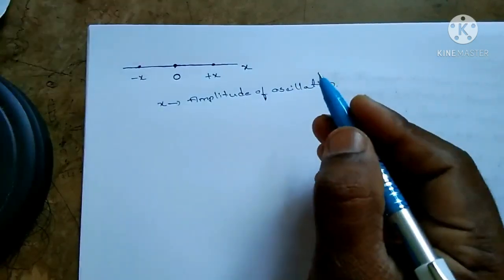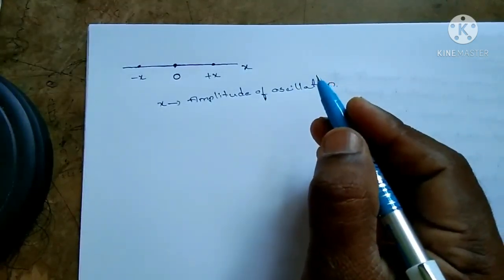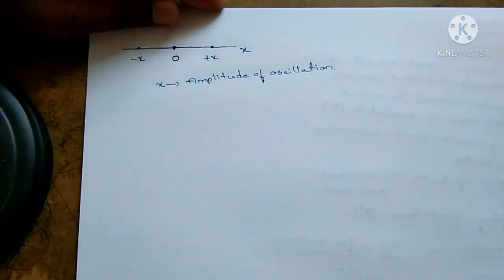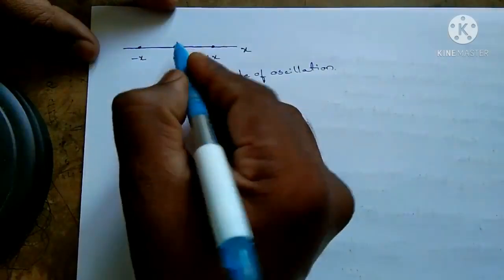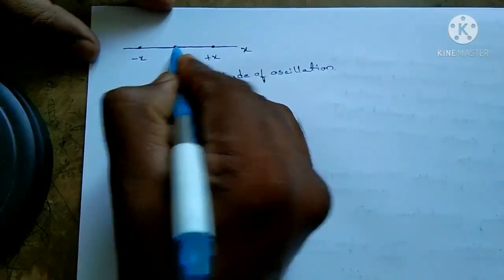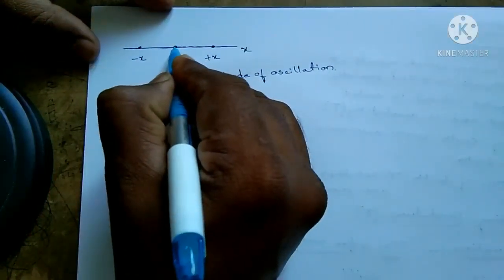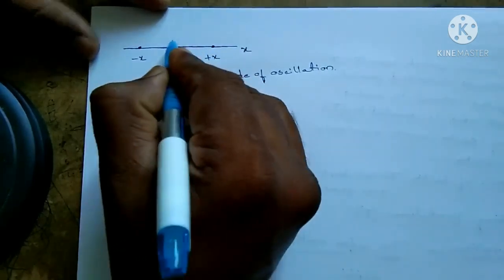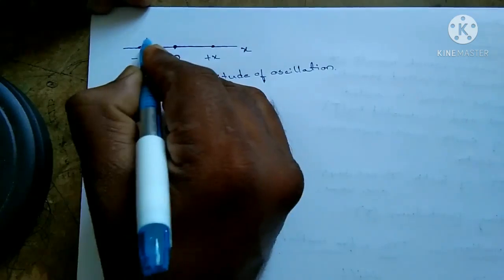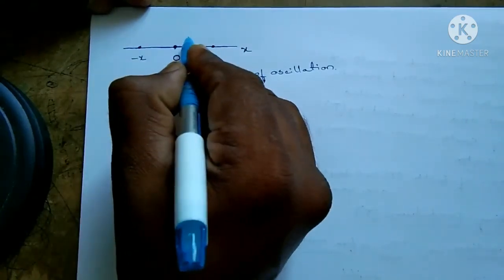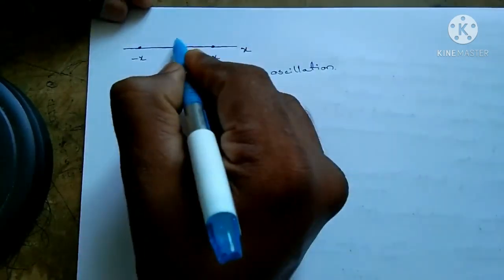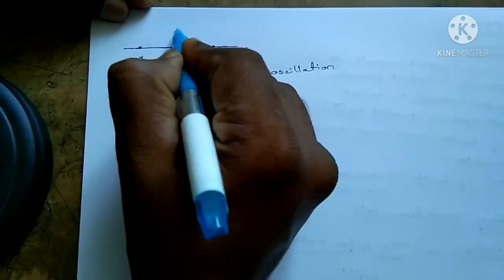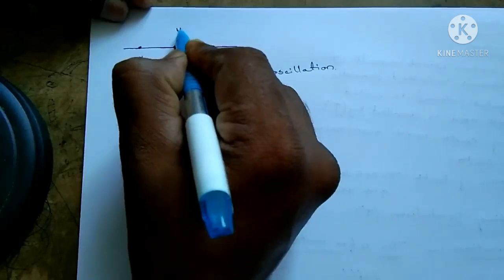We'll be calling it the amplitude of oscillation. So here, let me give you the condition for oscillation, beta. Suppose the particle is initially located at O. In order to move the particle from O, we need to supply some velocity, either in a minus x direction or along a plus x direction. Suppose I started the motion along the positive x-axis direction. I have given initially a velocity u, imagine.